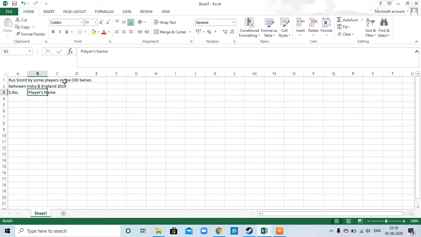Now here you can increase the width by dragging this one. This increases the width. By default the width is 8.43. Now see, the width is 12.71 and in pixels it is 94. You can increase the width. Next one is first ODI.